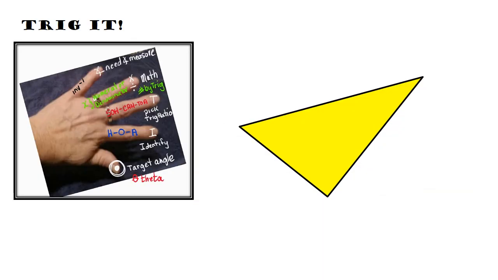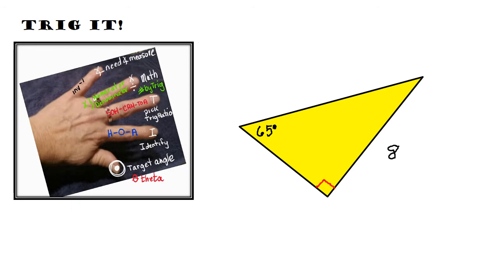Then there are just those days where we have a right triangle where we've been given just one side. Let's say we're given the side over here of, let's call it 8, and we've been given one angle. This looks like about 65 degrees, so that's the angle I'm going to use. Which means we're going to have to get out our little trig hand of life